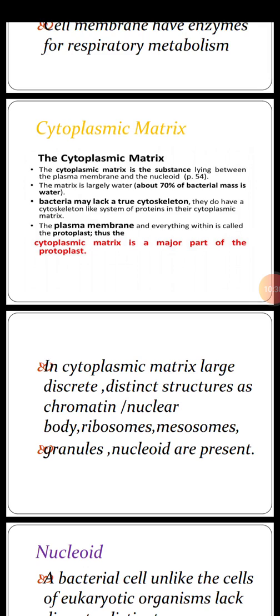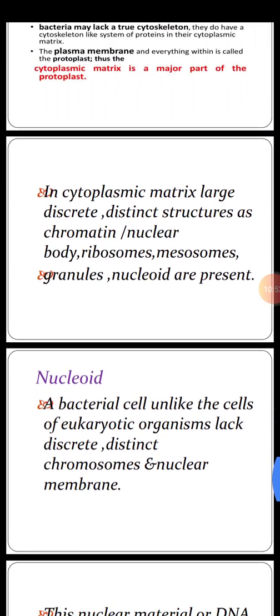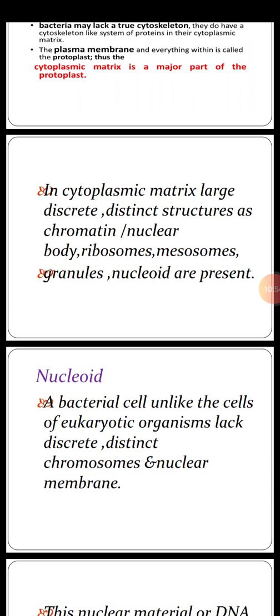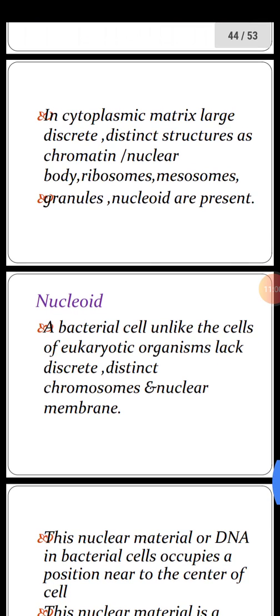The matrix is largely composed of water. 70% of a bacterial cell is made up of water. Bacteria lack a true cytoskeleton. The plasma membrane and everything within it is called the living substance, the protoplast. The cytoplasmic matrix is a major part of the protoplast. In the cytoplasmic matrix of bacteria, large, discrete, distinct structures are present, which are chromatin or nuclear body, ribosomes, mesosomes,